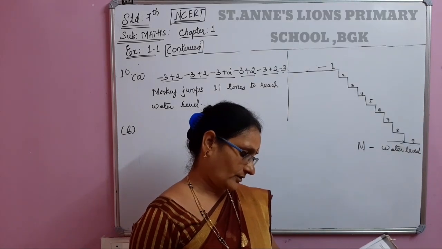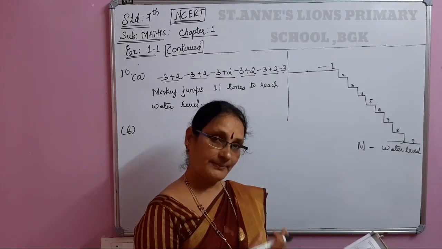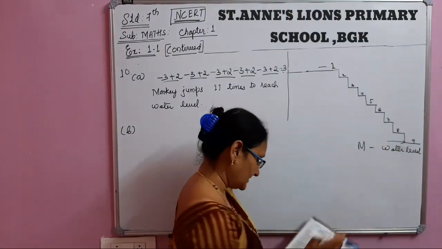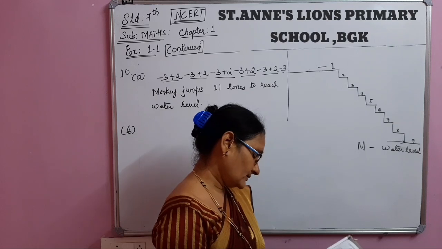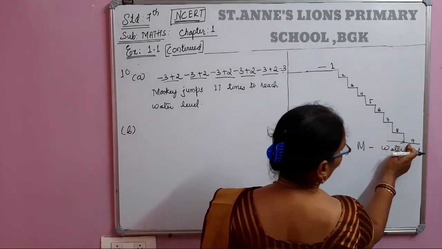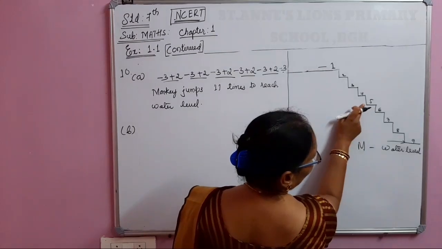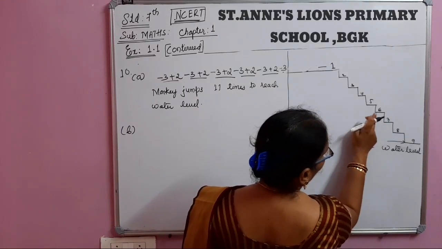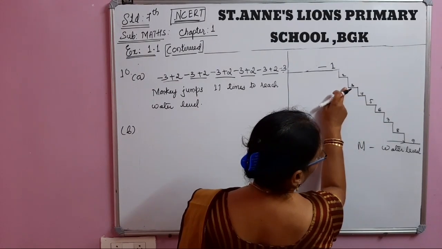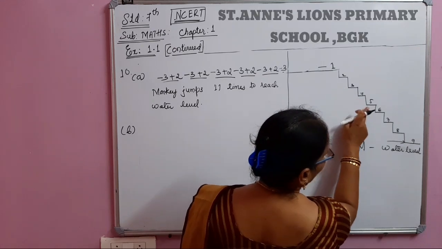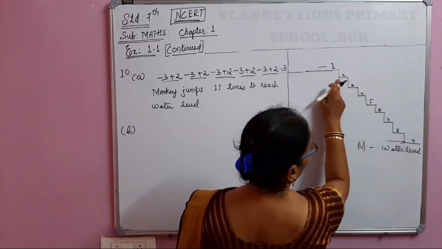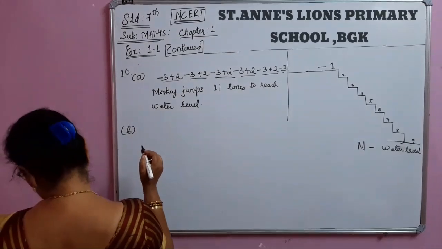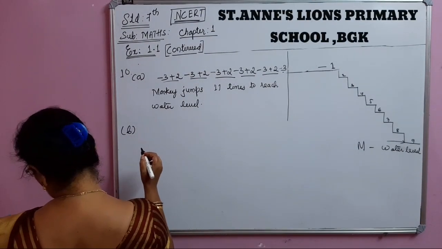Now here 4 is plus, going up. Again coming down is minus 2. See, 1, 2, 3, 4 steps it is going up again. See, from here 1, 2, 3, 4 up. Here 1 jump. Again 2 steps down, 2. Then 3, 4, 5, 6. This is the 3rd jump. Again this is the 4th jump. Then it is the 5th jump. Totally 5 jumps. Second one is, how many jumps will he take to reach back?